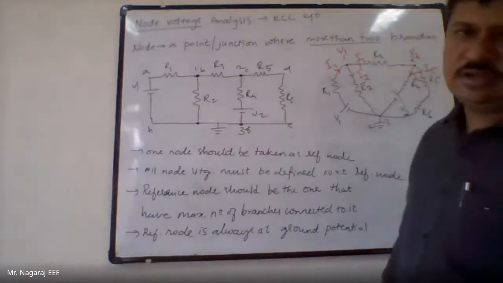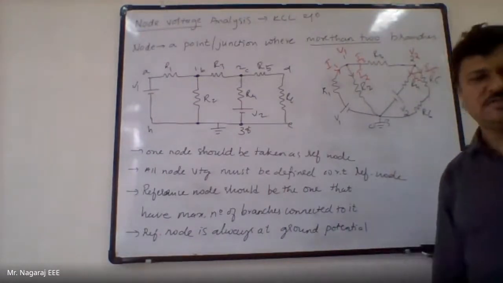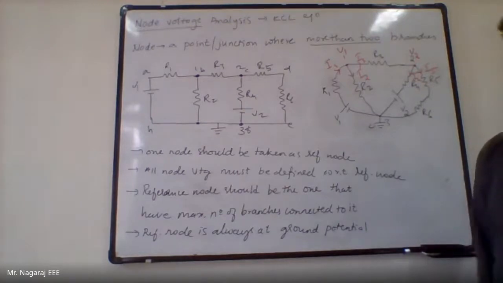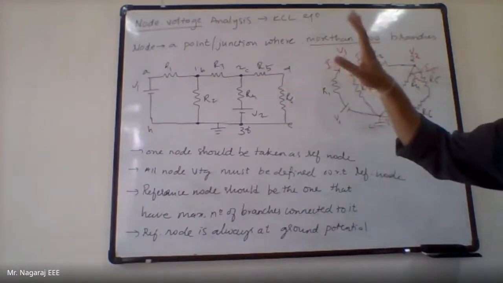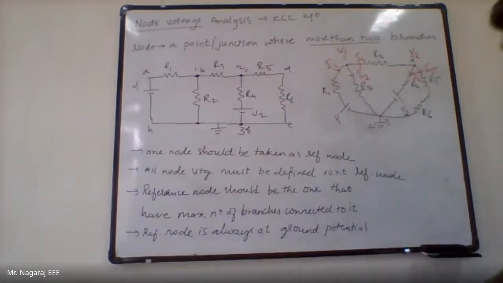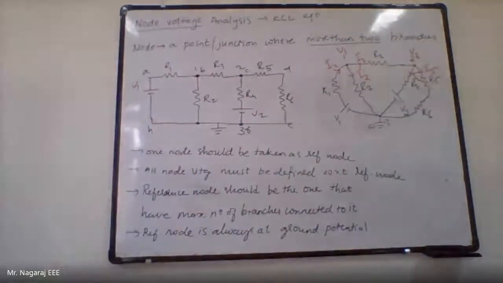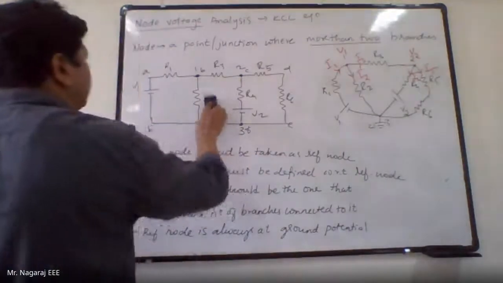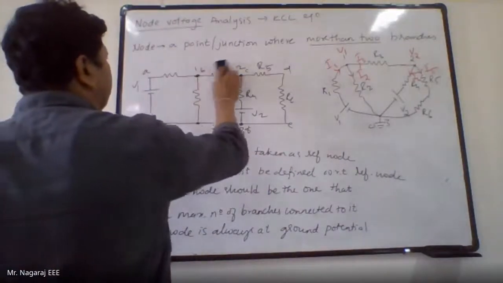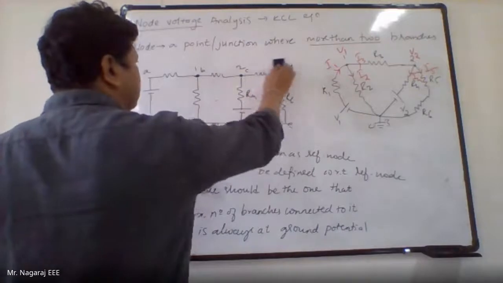After assigning the branch currents, now write KCL equations at each node. Write those KCL currents in each branch in terms of node voltages and solve those. I will not do it for this circuit. I will take one circuit example and we will do that. Let this be the same circuit. I will simply assign the values now, instead of R1, R2 and all these things.